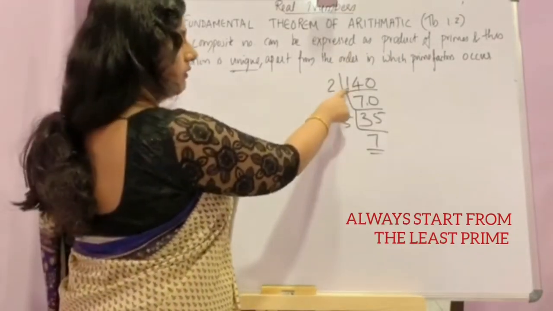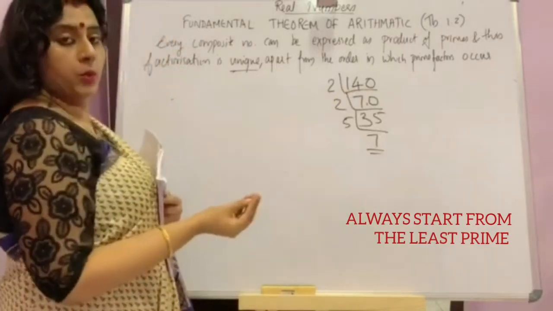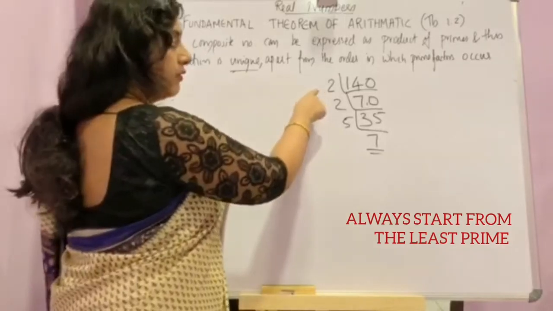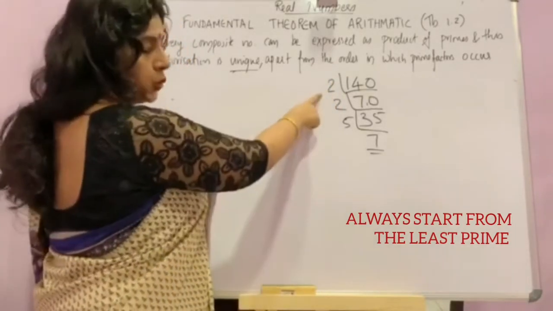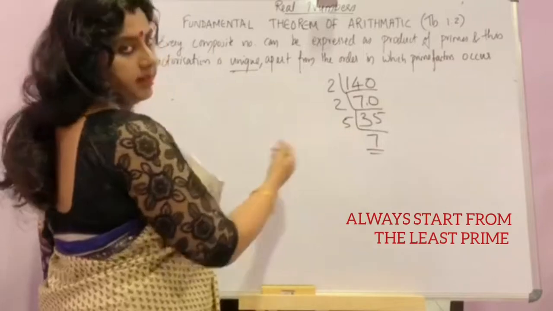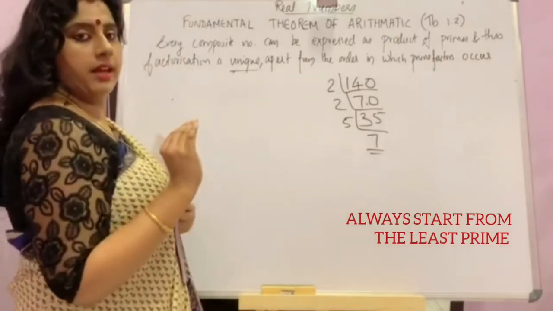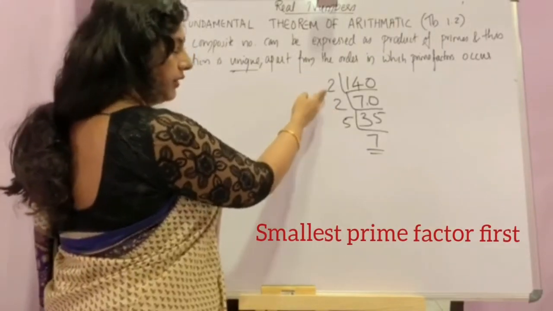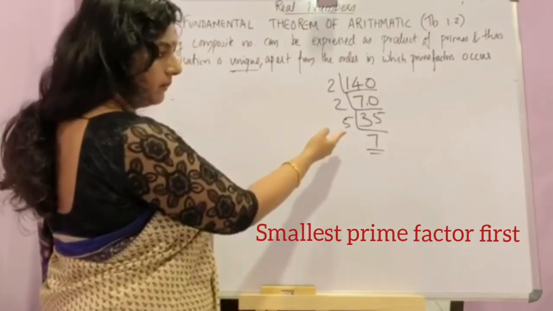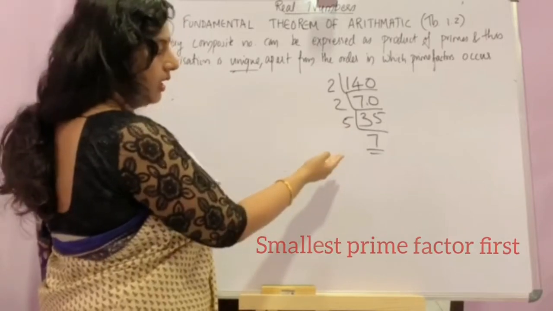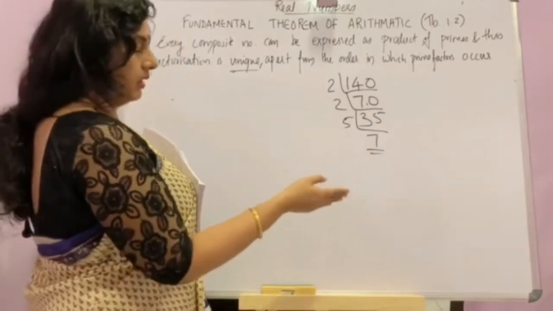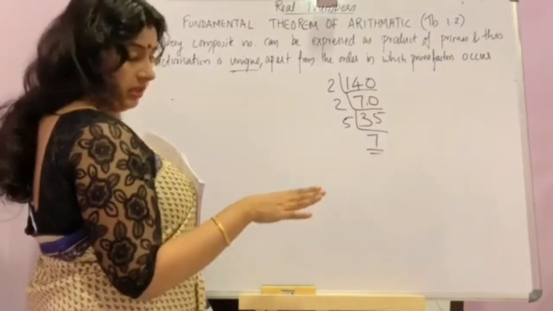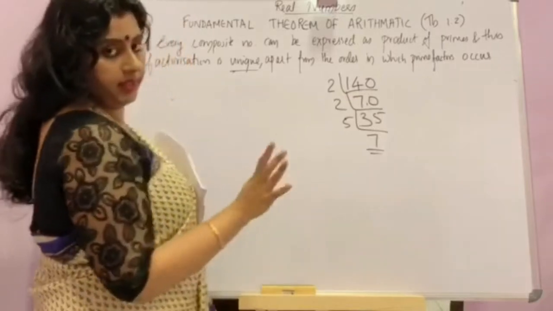Okay? When you see 140, you may know that it is divisible by 7. But don't factorize with 7 first. Take 2 first. It will be easier. Otherwise, a little bit of confusion will be there. So, better to take the least primes first. After finishing all 2's, go to the next prime factor, that is 3. Then after finishing 3's factorization, you can go to 5. If there is no factor 5, you can move to the other one, 7, like that.